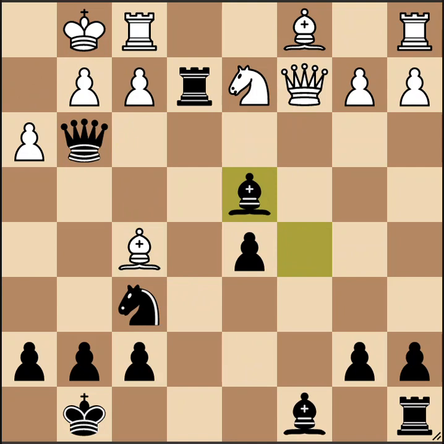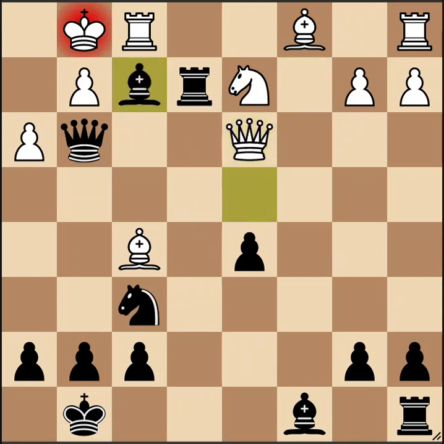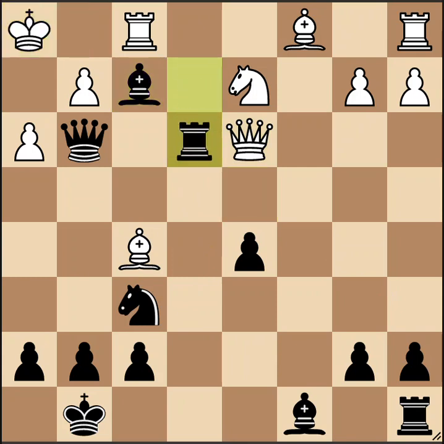Okay, still putting pressure on f2. And then maybe the engine says queen d3 is an attempt here. There's no way to defend f2. There's nothing white can do to defend that square. So white tries to get the queen into the action here, still defending the f5 bishop, attacking the rook on e2. But then bishop takes f2 check, king h1, rook e3, attacking the queen,